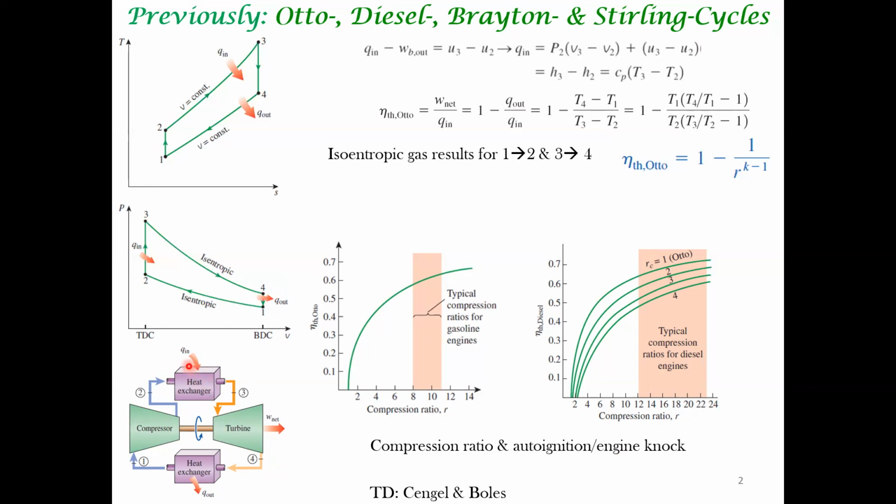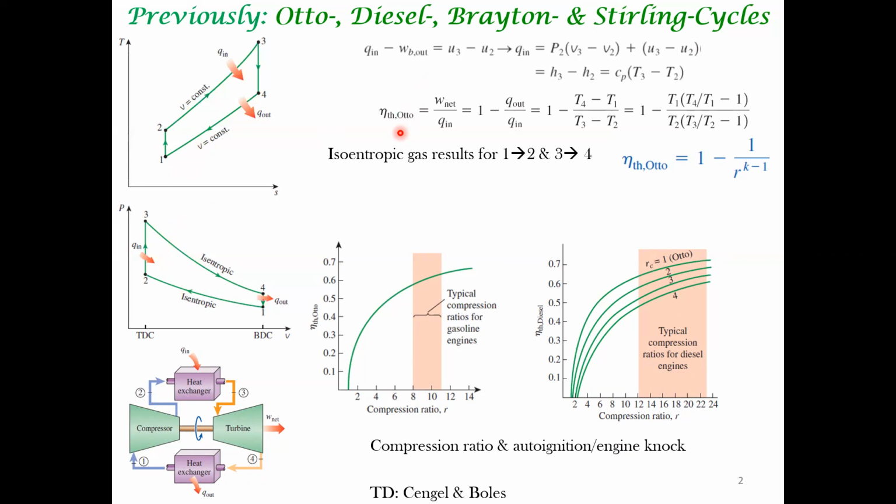So here, let's say heat is input into the heat exchanger. The working fluid gets heated up and then goes to a turbine, does work, and then goes to a heat exchanger where it rejects heat to the ambient, let's say, and then there's the compression of the fluid back to the heat exchanger. So the analysis of the Brayton cycle is along the same approach: PV diagram, TS diagram, first law balances, and so on. So this is the essence of